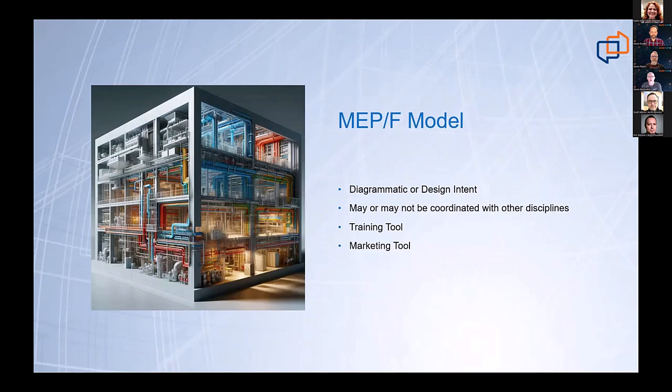For an MEP model, right, we're diagrammatic or design intent. Our piping and our conduit are not laid out in the exact place that they need to be. They're laid out so that we can read them on the 2D plans, right? If anything is modeled in 3D, it may or may not be coordinated with other disciplines. I know everyone can